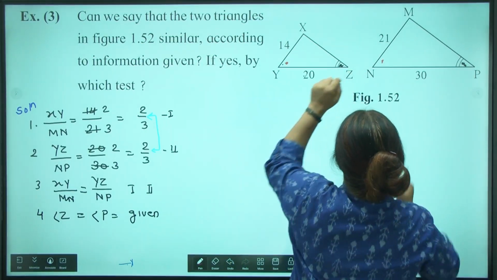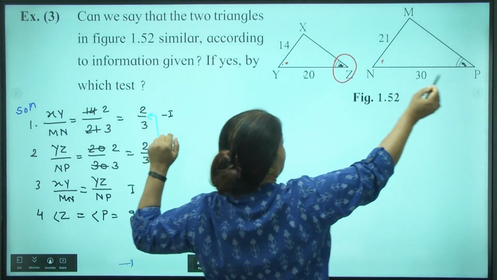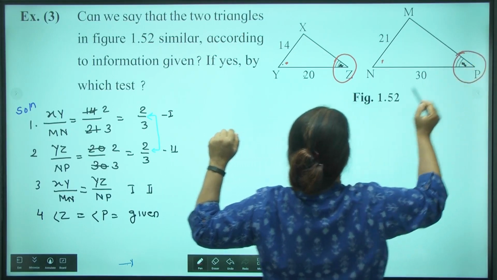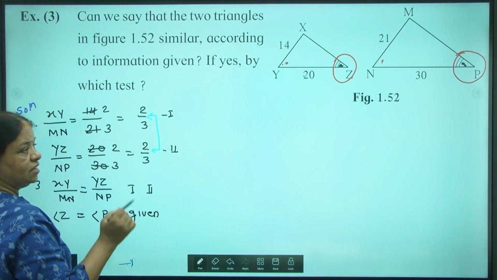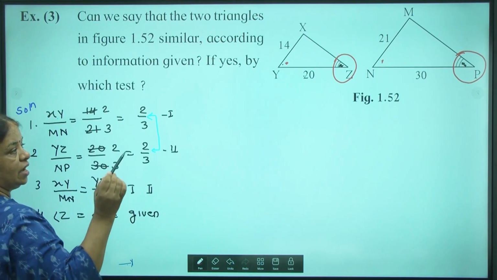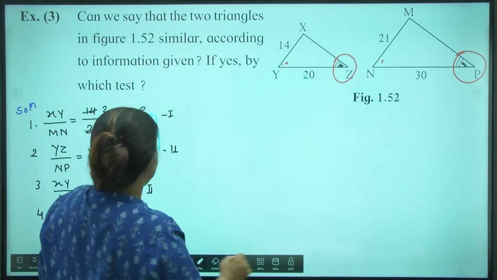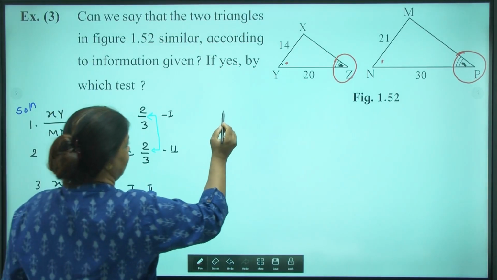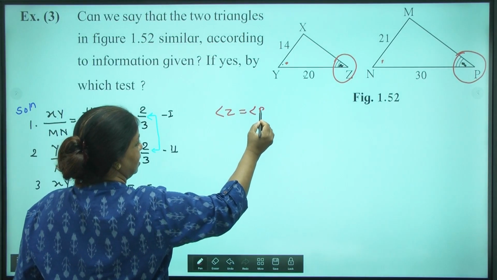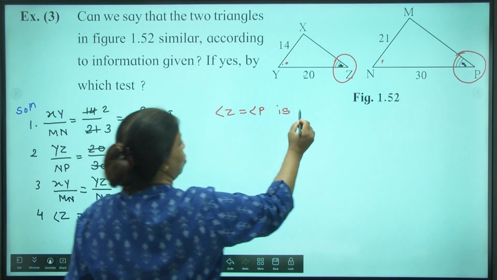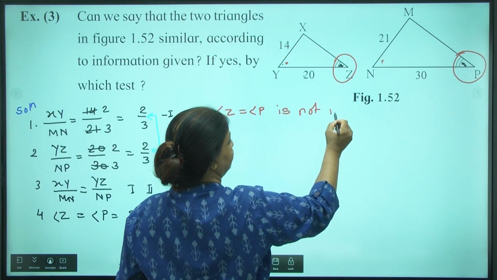So this angle Z equal to angle P is not included, and therefore triangle XYZ is not similar to triangle MNP. So we can say angle Z equal to angle P is not included